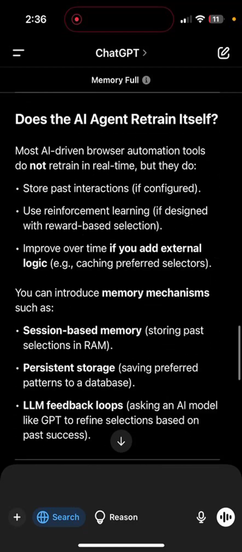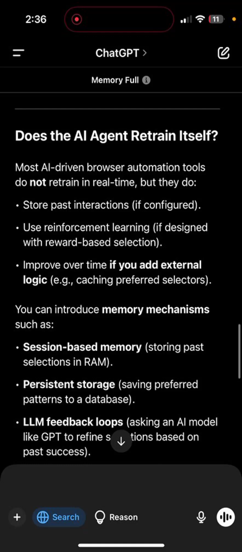Now, of course, does the AI agent retrain itself? Most AI-driven browser automation tools do not retrain in real time, but they do store past interactions if configured. You can use reinforcement learning if designed with reward-based selection, and it improves over time if you add external logic. So we want to cache preferred selectors. Caching preferred selectors is great